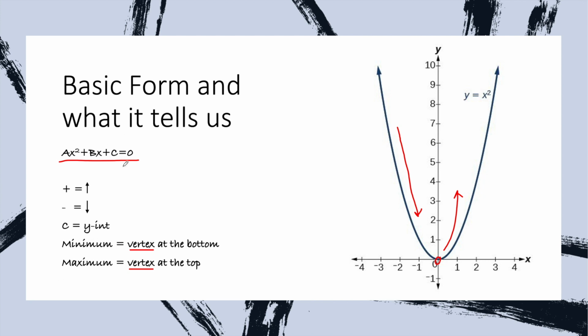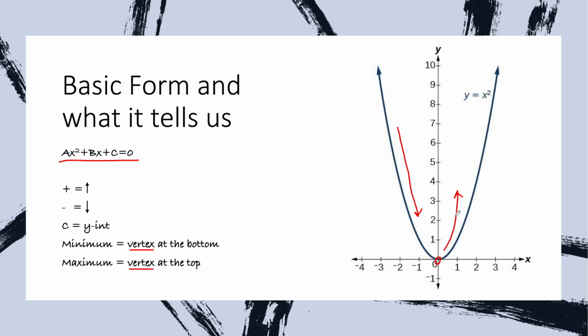As you can see, if we put our quadratic in standard form, we can tell quite a lot about the graph of a quadratic equation. We can tell whether that graph opens up or opens down. We can determine if the graph has a minimum or a maximum. We can determine where the vertex is, and we can also determine where the y-intercept is,